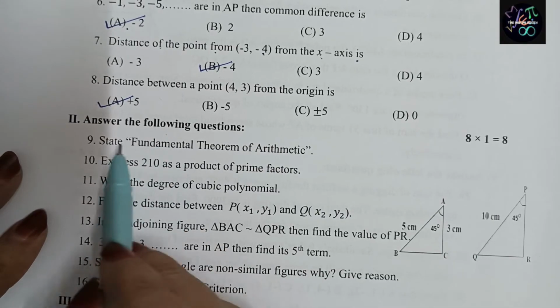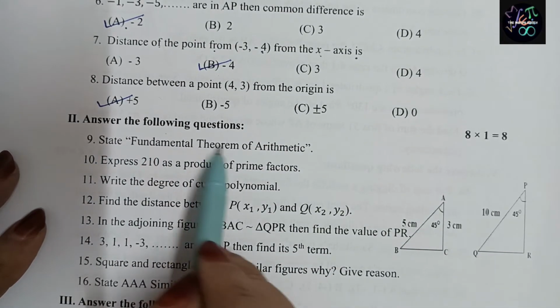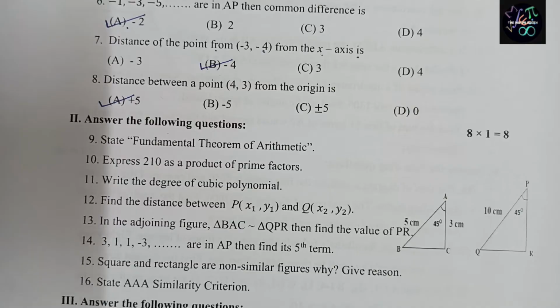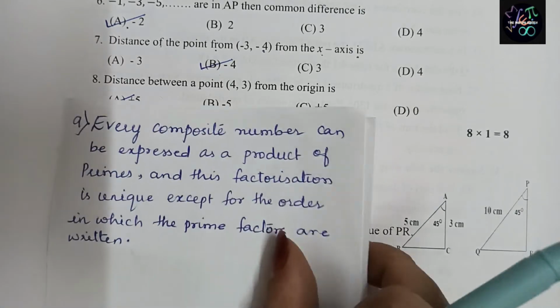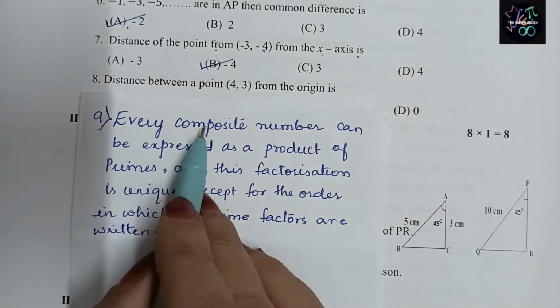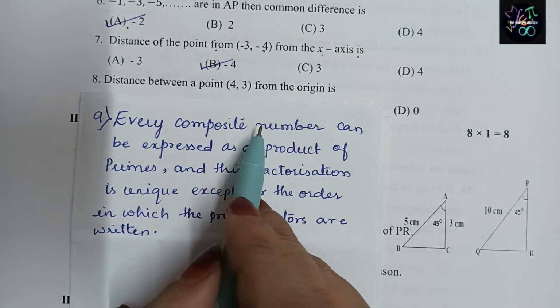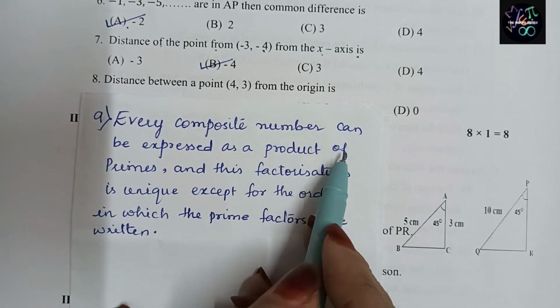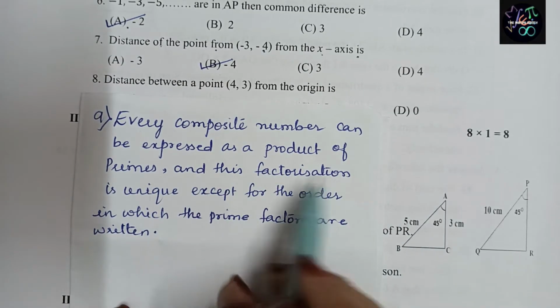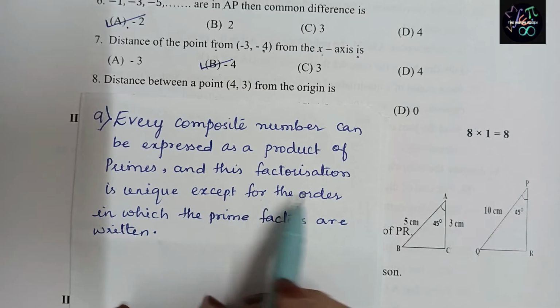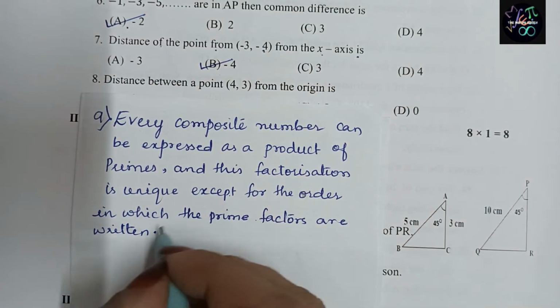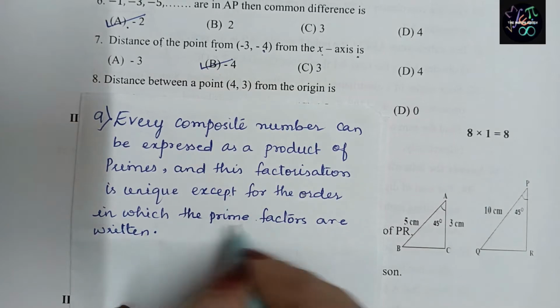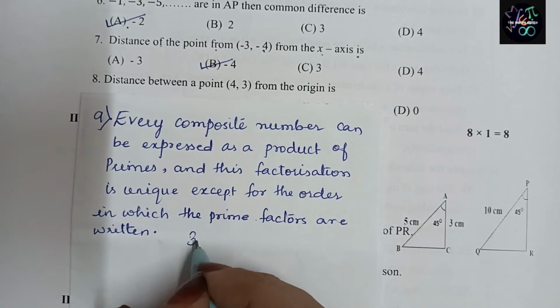Here the question is: state the fundamental theorem of arithmetic. So we all know that the fundamental theorem of arithmetic states that every composite number can be expressed as a product of primes, and this factorization is unique except for the order in which the prime factors are written. That means we can write the prime factors in any order. Like for example,